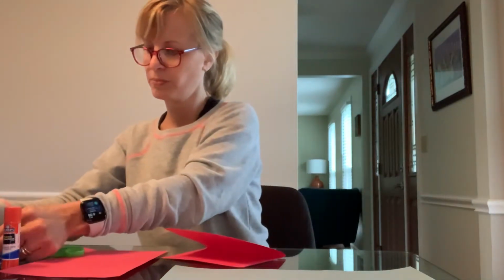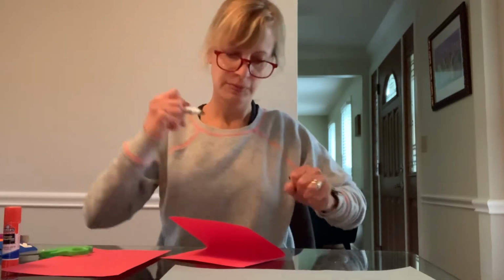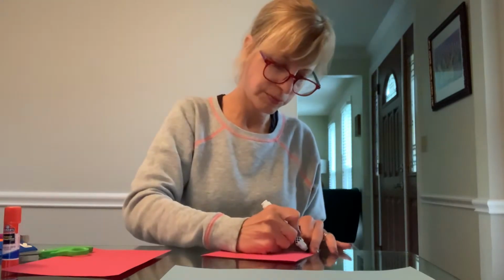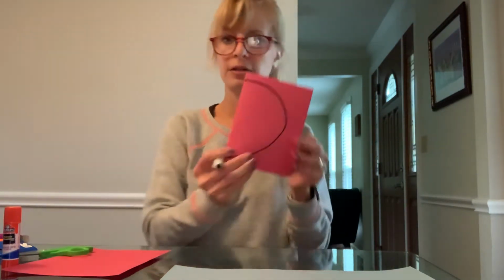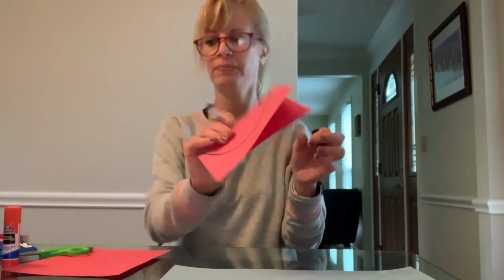And we're going to take a marker. I'm going to take a black marker. And you're going to keep one side open and just draw a big curve to make a half a circle on that little sheet of paper, that half sheet of paper. And then on the other one,